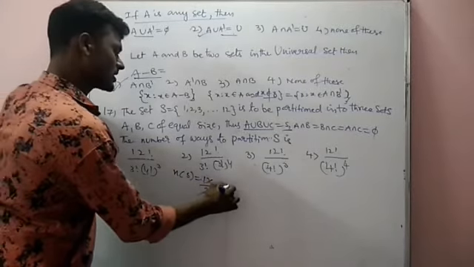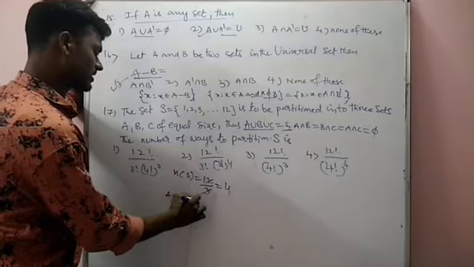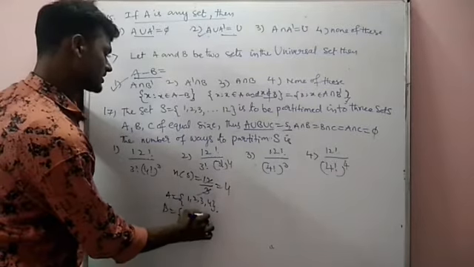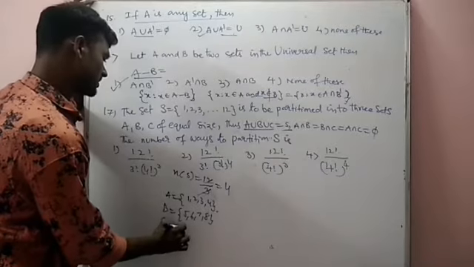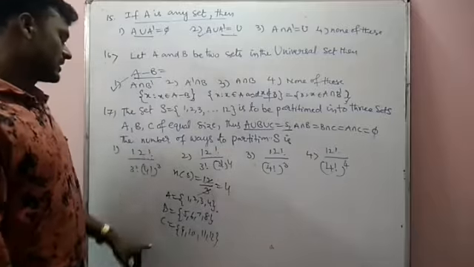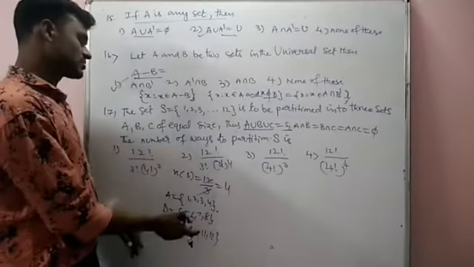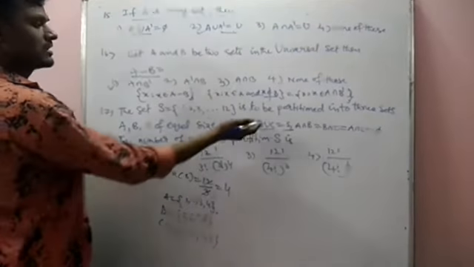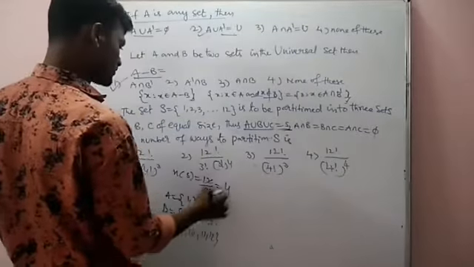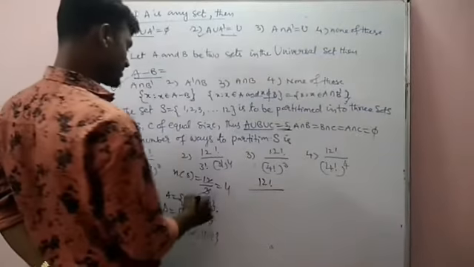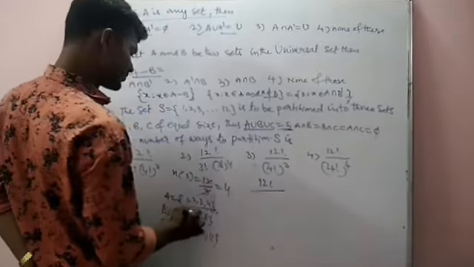Here total 4 sets. See here. Suppose A is equal to 1, 2, 3, 4, and B is equal to 5, 6, 7, 8, and C is equal to 9, 10, 11, 12. These are 3 distinct sets. Here A intersection B intersection C is equal to 5. Next see here. Suppose A union B union C is equal to the union, that is yes. Now this one is 12 elements, total 12 elements, each one 4 elements.